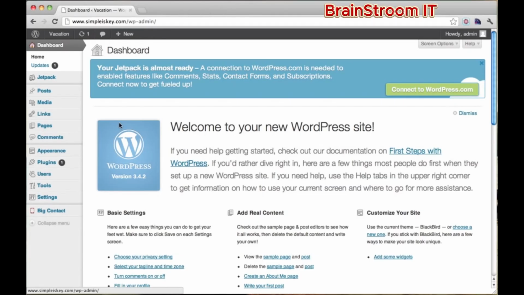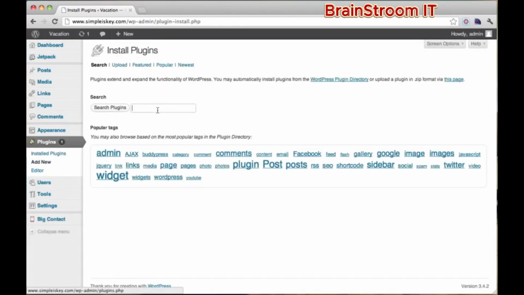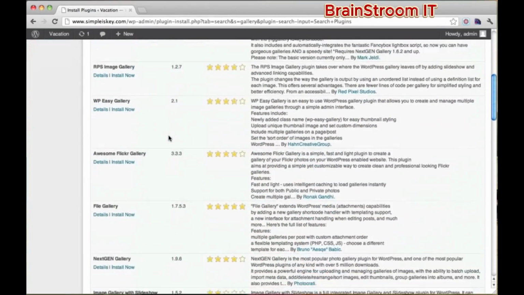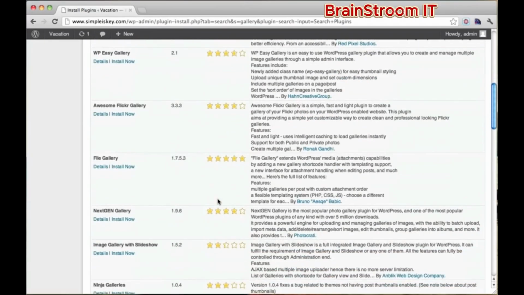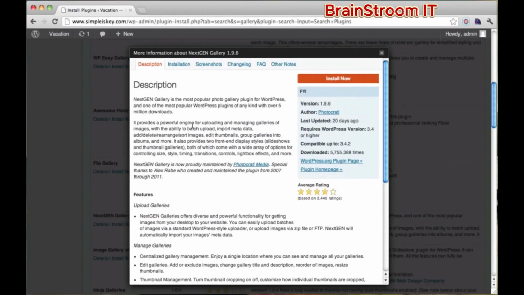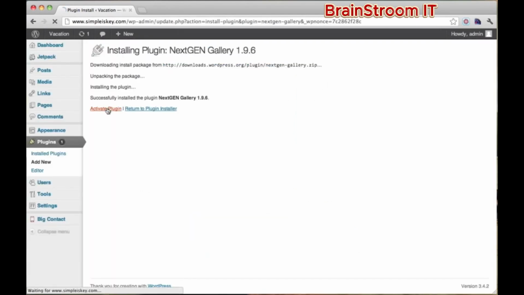Let's go back into our dashboard and click Plugins and click Add New. Now we can search for Gallery, and we can look and scroll down, and you can try out all of these galleries, or you could just take my advice and install the best one, in my opinion, which is the Next Gen Gallery. Then just click Install Now. We can always go to Details to see how to use it, but I'm going to show you how to use it, so just click Install Now. Then click Activate,